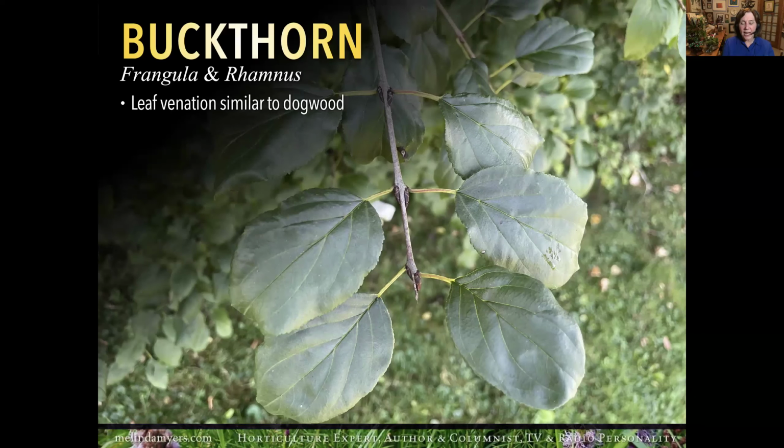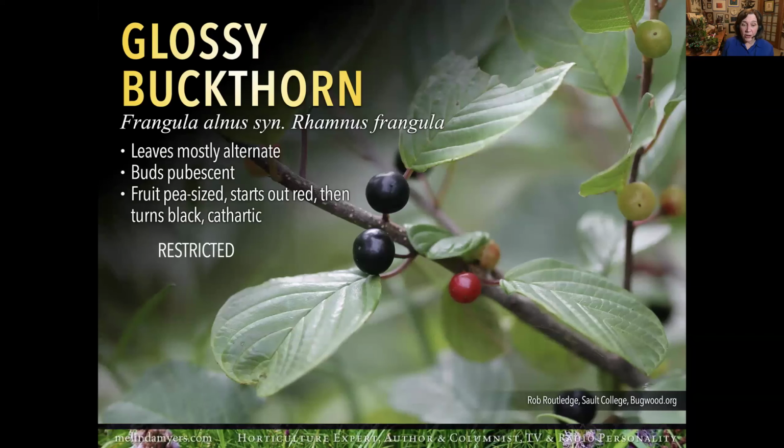Notice how the veins kind of curve around the edge. Now this one has fine serrations, while glossy buckthorn does not. Kind of resembles dogwood, but dogwood, unlike the glossy buckthorn,